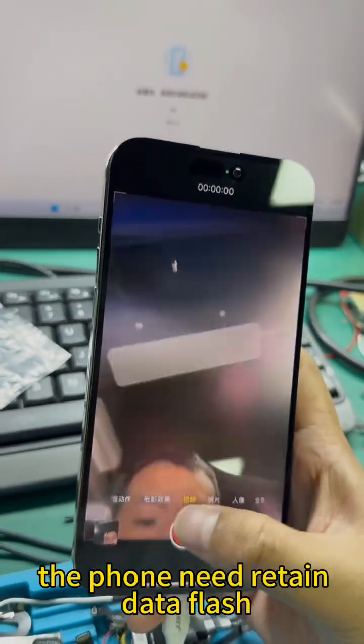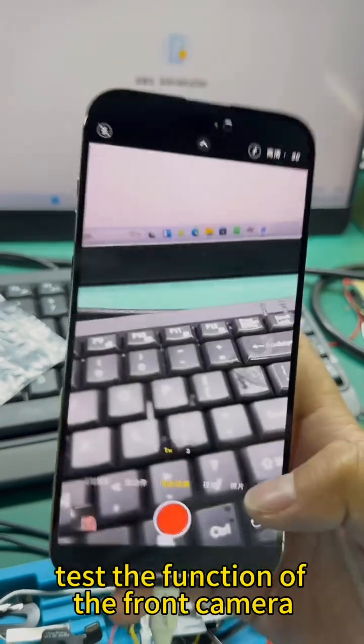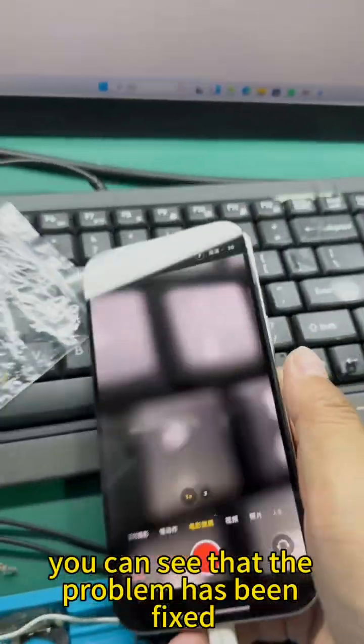The phone needs to retain data flash, and after flash boot, test the function of the front camera. You can see that the problem has been